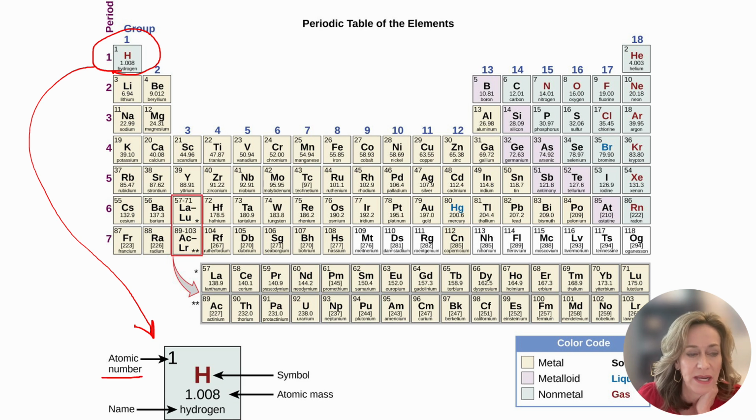We need to understand what the atomic number means. So first thing, as we see, it goes in order, right? Number 1, number 2, number 3 on the next row. So we know that elements are in order based on their atomic number. What exactly is the atomic number? Okay, the atomic number is the number of protons. Now,